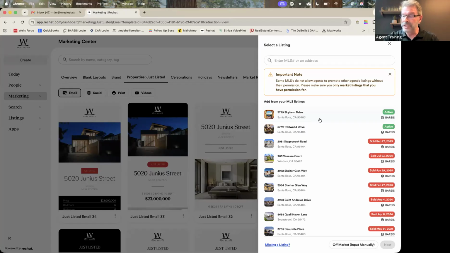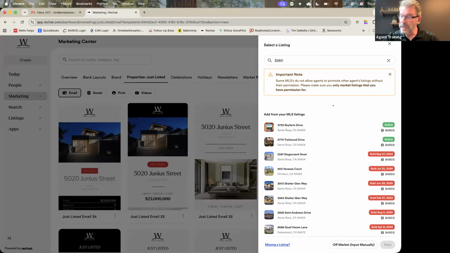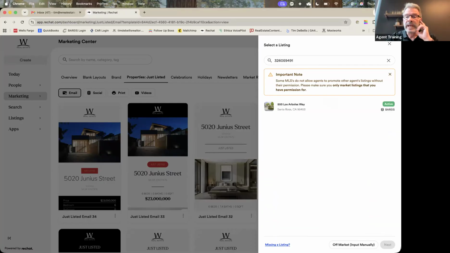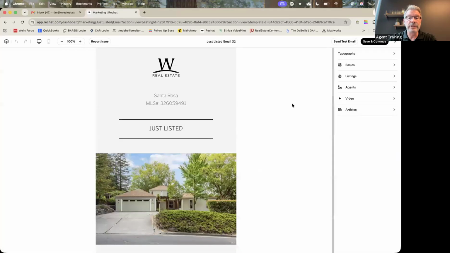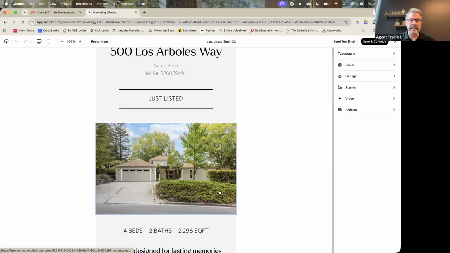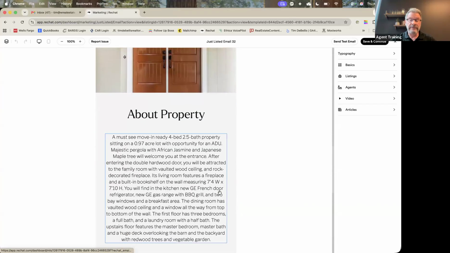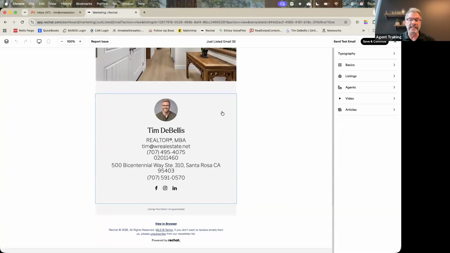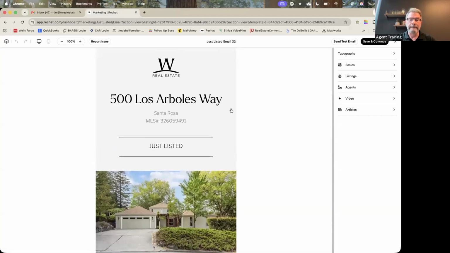In this case, I've already pre-selected one, so I'm going to put that number in here, 32605949. And it'll pop up with that actual listing. I'm going to select that listing, and then it's going to take me into the editor. Right away, it drops all of the information for that listing in the template. So if you didn't want to go any further, you could stop right here and send this thing out. But as I said at the beginning,